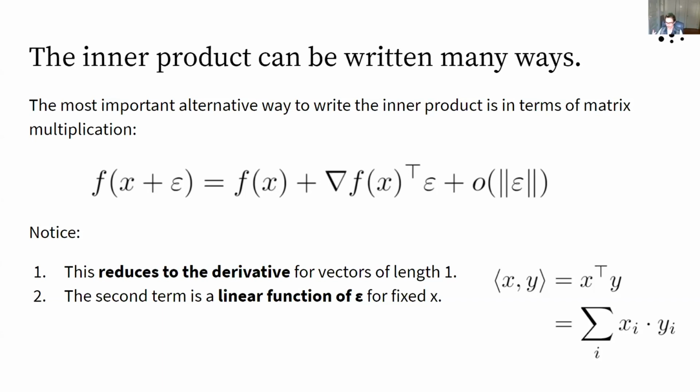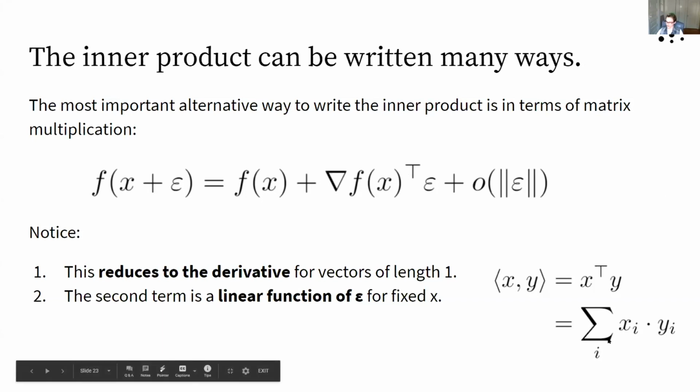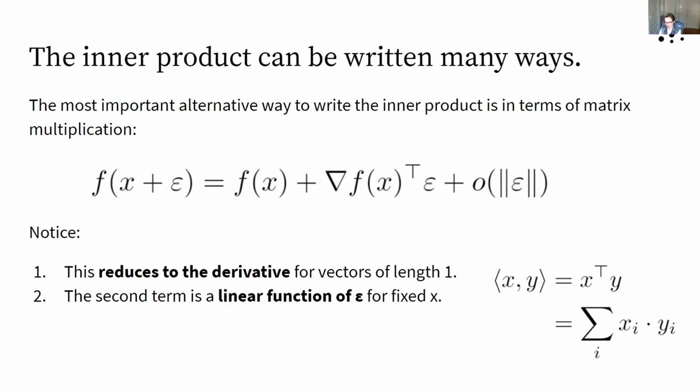So the important thing to note is that this reduces to the derivative for vectors of length 1, right? This inner product here, this vector transpose vector, is the sum of the products of the elements of the vectors. Do a little for loop over each vector, zip them together and multiply those values. So if there's only one thing, then it's just multiply the two values together. And that's exactly what we did when we did the scalar valued derivative. So this is basically the same definition, but now we've gone up one level and defined it in a way that works for both vectors and scalars. And scalar is the term people use in linear algebra for just a single number.